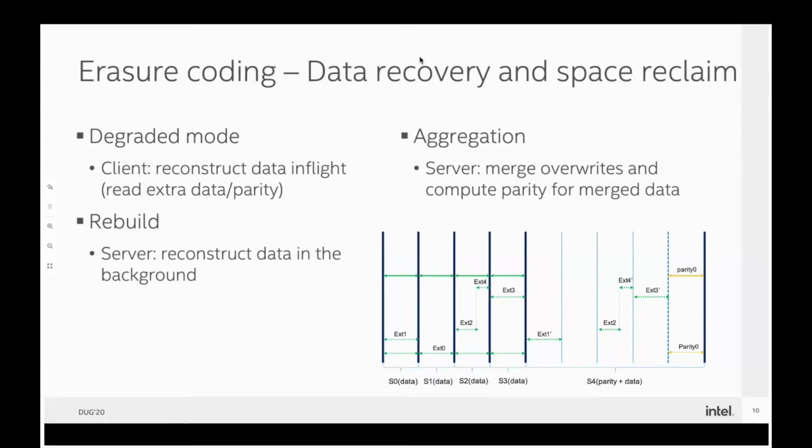So EC rebuild has no significant difference from the replication rebuild. If we see it from the high level, I mean, from the implementation detail, there are always some differences, but from high level, they're very similar. And it is also similar with all the data migration use cases like we have introduced, online server addition and so on. Each target should run the placement algorithm to detect objects impacted by the failure, then send OIDs to the fallback targets so they can reconstruct data or parity for those objects.